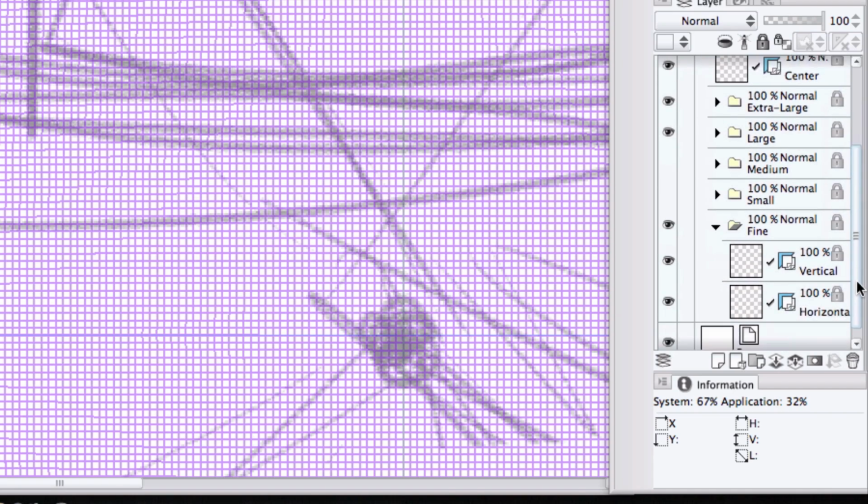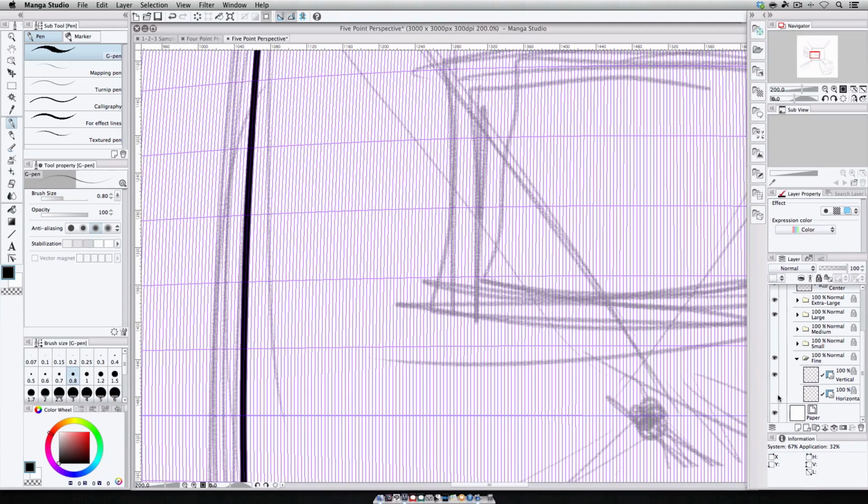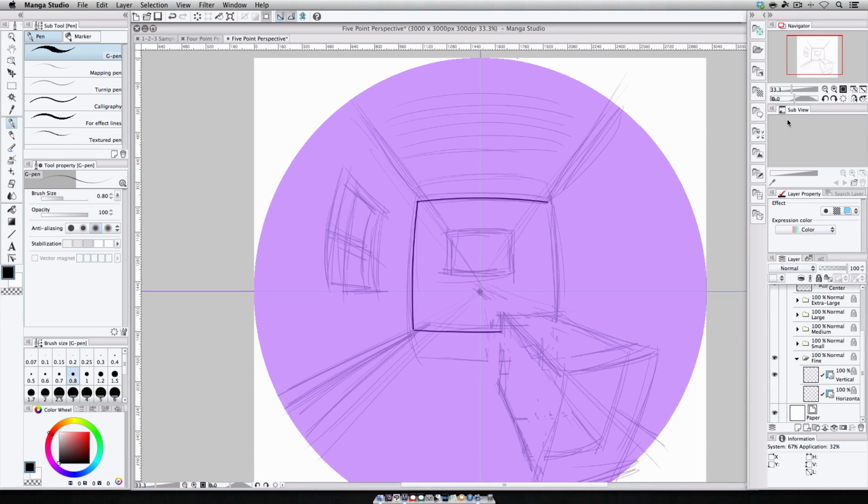Now, opening up the fine folder here, you'll see that there are two layers, one for the vertical rulers and one for the horizontal rulers. If I wanted to just focus on doing the vertical rulers, I would hide the horizontal ruler by clicking the eyeball. And you'll notice those are all gone. I'll hide the other rulers just to reduce confusion. And now I zoom out, and I can draw